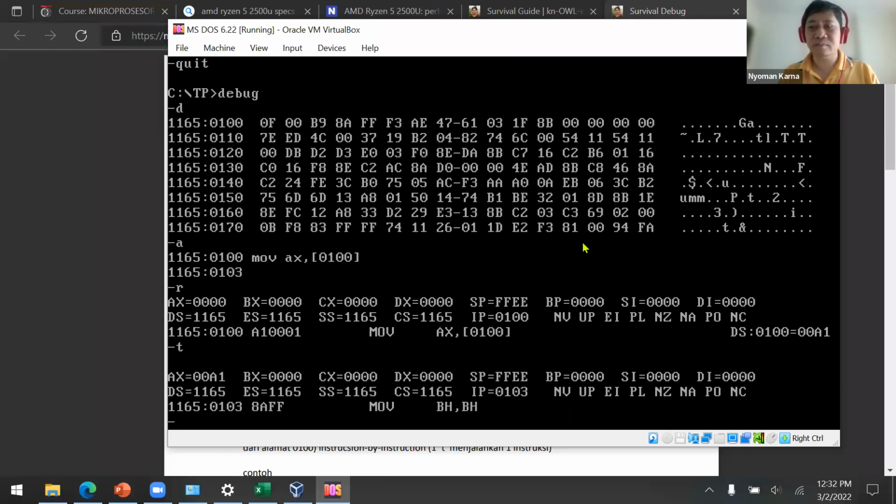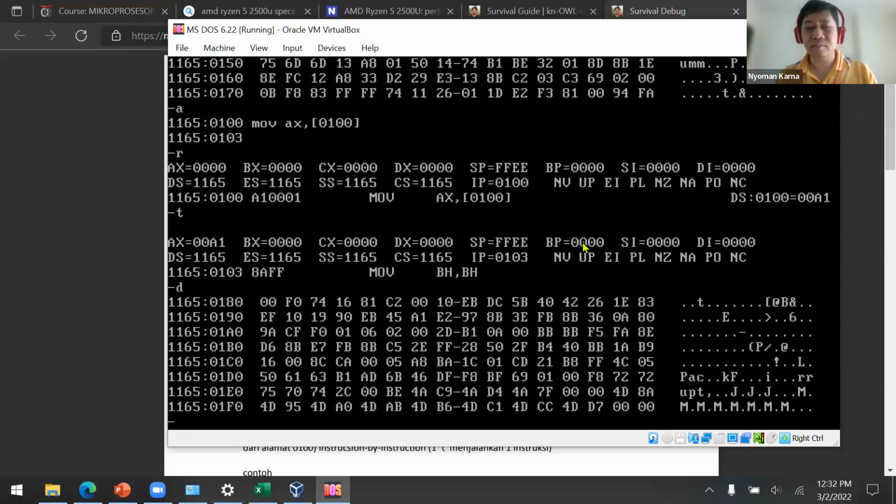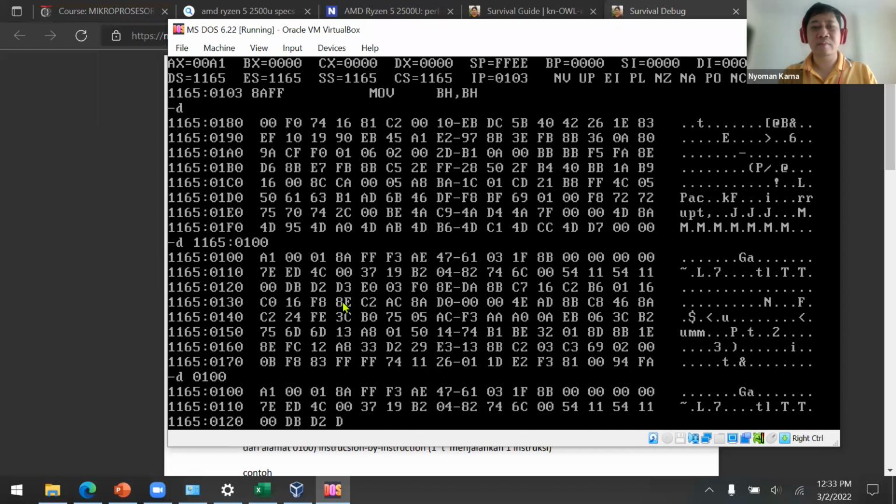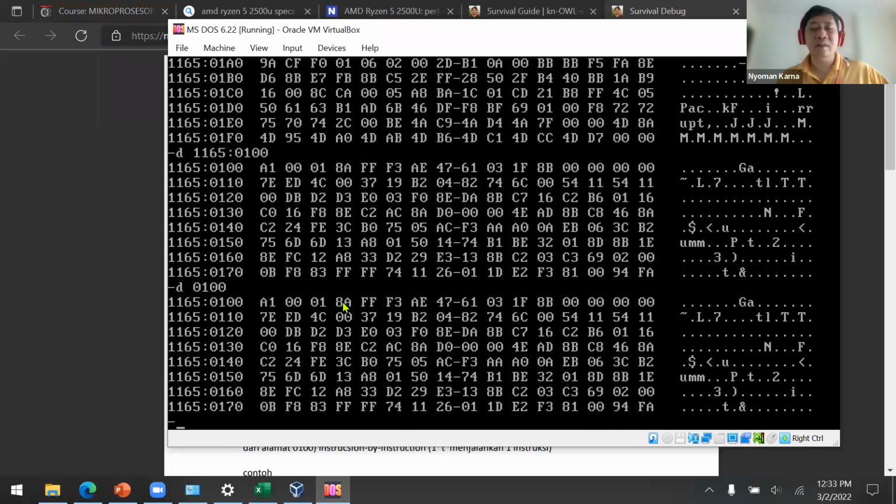Now, D 1165, 0, 1, 0, 0. So that means it will retrieve this data, 00A1.